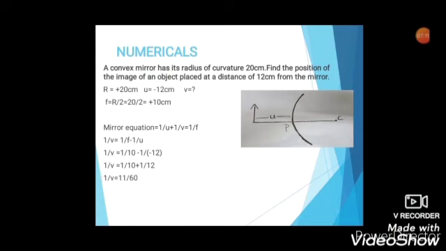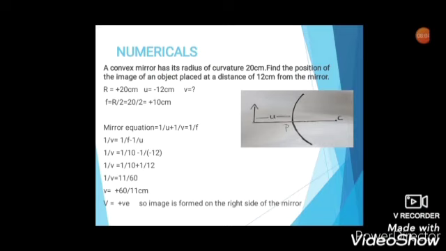So 1 by v is equal to 11 by 60. So then v will be the reciprocal of that. So it will be 60 by 11 centimeter. Now you can see the value of v as positive. So what does that indicate? It indicates that the image is formed towards the right of the mirror. Because it is formed on the right side of the mirror, it is given positive, because according to the Cartesian sign convention, anything towards the right of the mirror is given by a positive symbol. So now that I've got the value of v as positive, I can say the position of the image lies towards the right of the mirror. Is that clear? This is how I find the position of the image using these values.